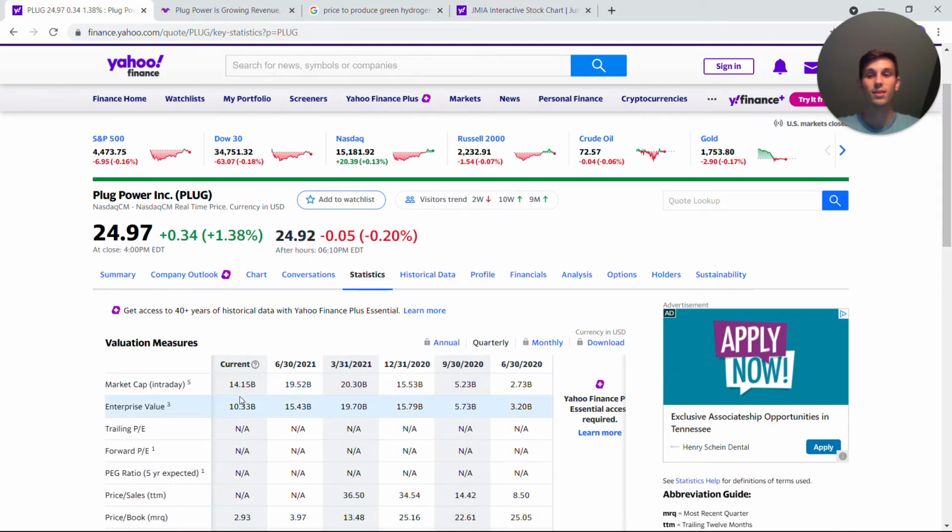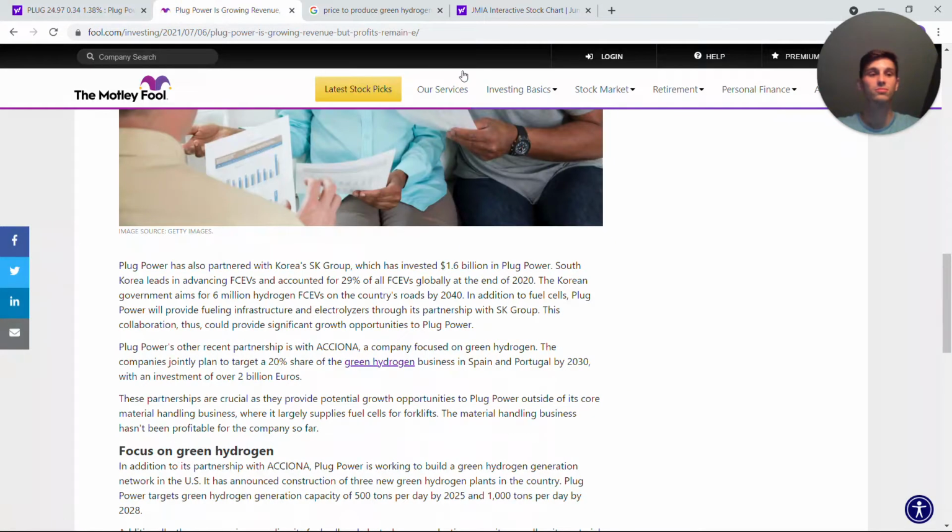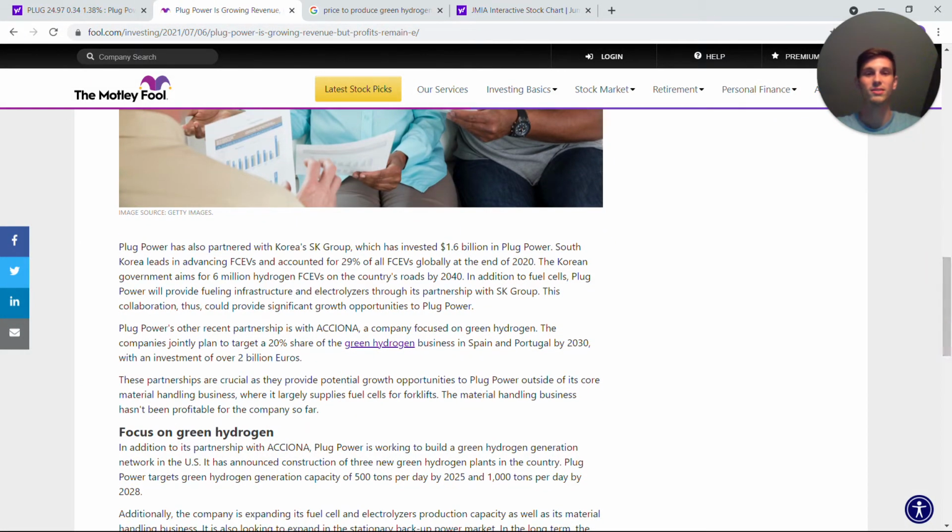1.6. I just wanted to point that out. That's a very, very big investment into this company, and can fuel a lot of the growth into the future if this is successful. South Korea leads in advancing